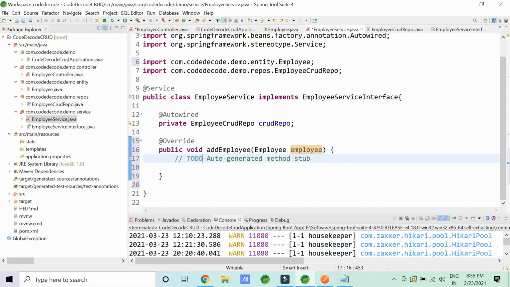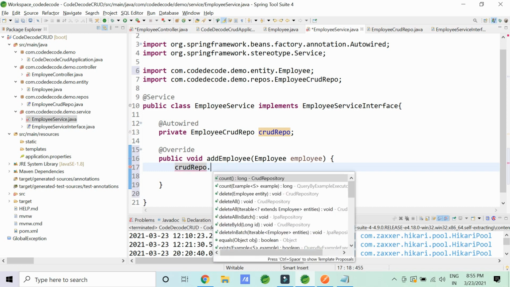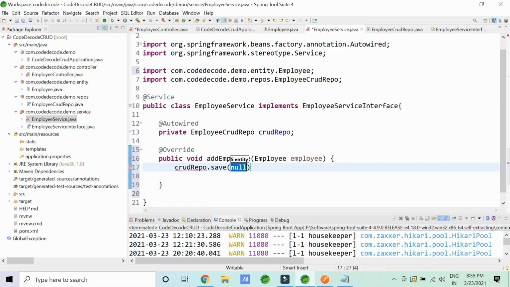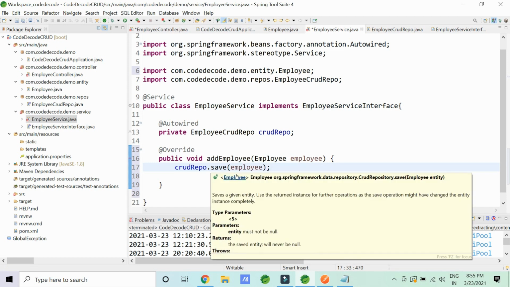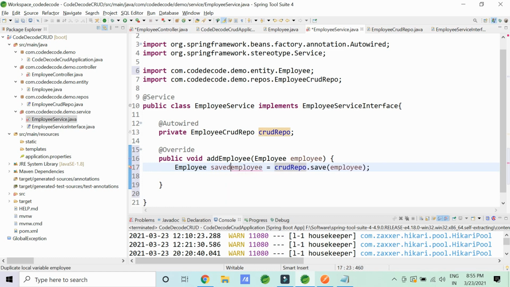So what you should do here is, the task of the service implementation will be to create a repository instance method call. So the method call will be save, and what should be saved? My employee should be saved. As simple as that. And this save method always returns you an Employee object. So I'm capable enough to get an Employee object also here. We can call it savedEmployee. Right? Now once I have an employee saved,